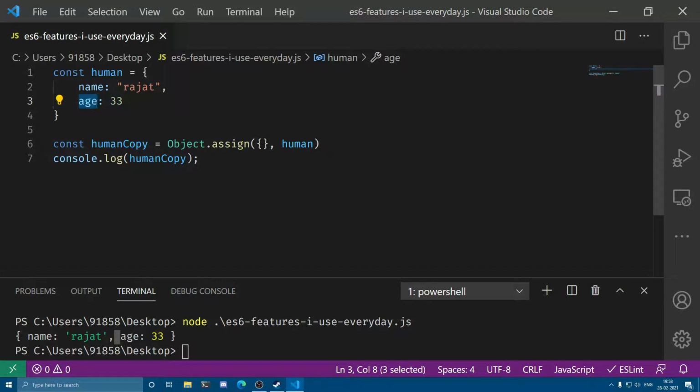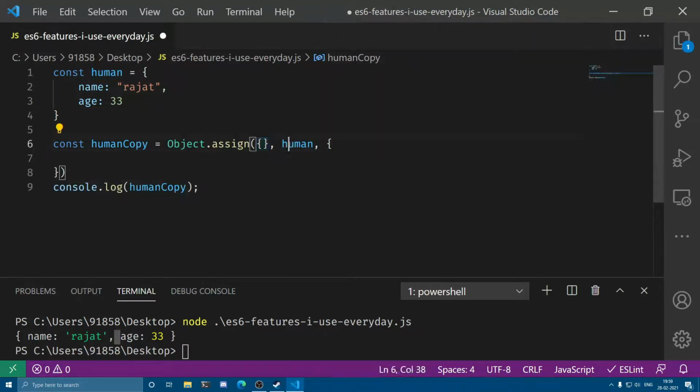One more thing I can do with this is overriding things. So let's suppose I want to create humanCopy, but I would like to keep all the properties the same, but inject one more property into humanCopy. I can do it using this. As we have already learned, this particular object is going to contain all the properties that are there in the subsequent objects.